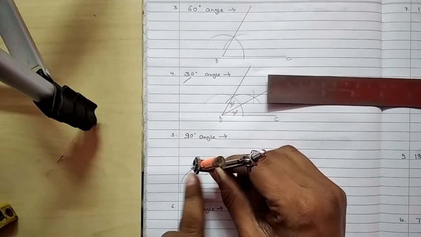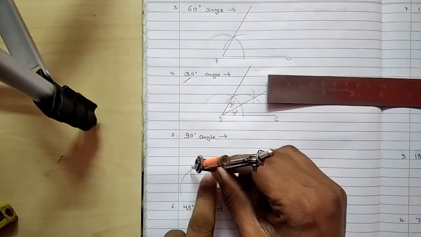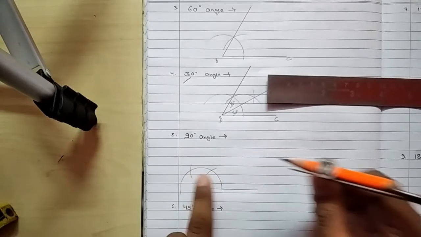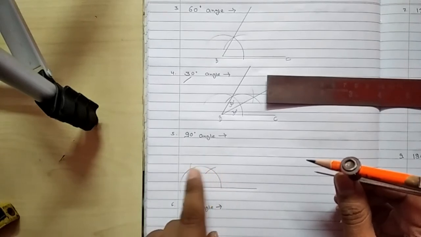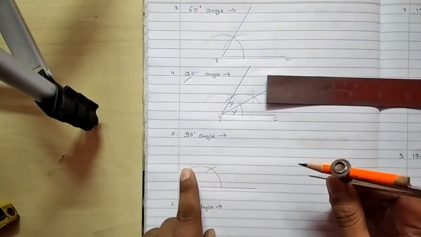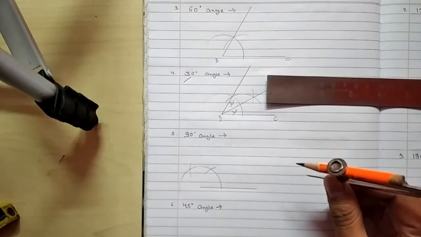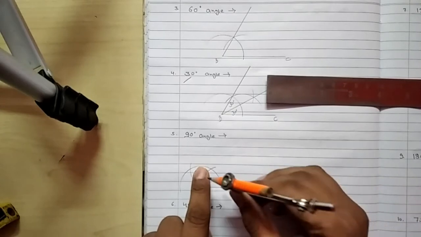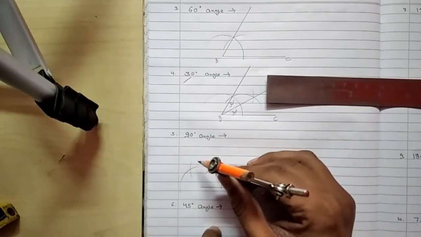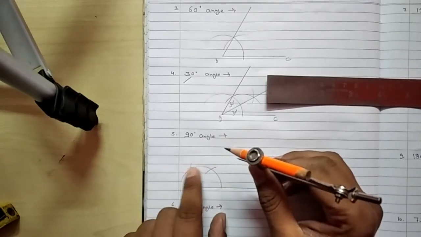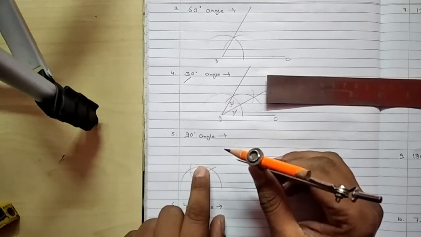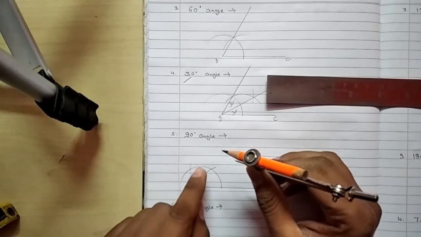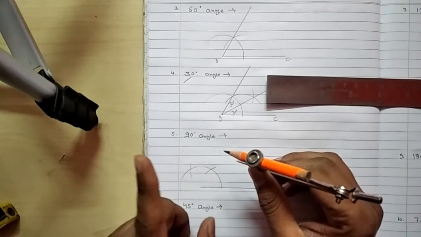Okay, now it is the 120 degree angle. 60 and 60, 120. Here to here is 60 degree, and here to here is 60 degree, 60 plus 60, 120, but we need the 90 degree angle. So we will do the half of this 60 degree angle. Here to here, this is the 60 degree angle, and we need only the 30 degree angle. When you take half of this 60 degree angle, you will get the 30 degree angle, and 30 plus 60 will be the 90 degree.